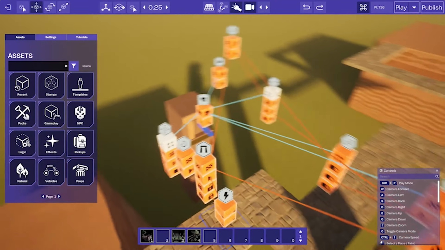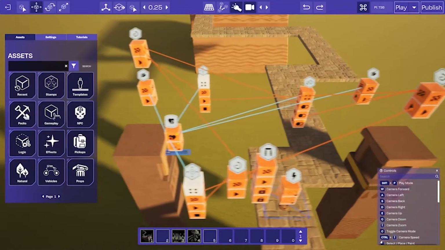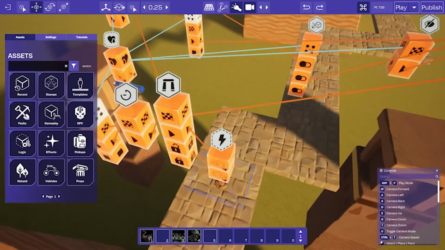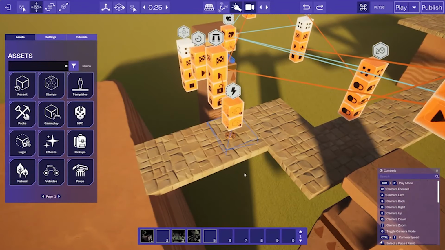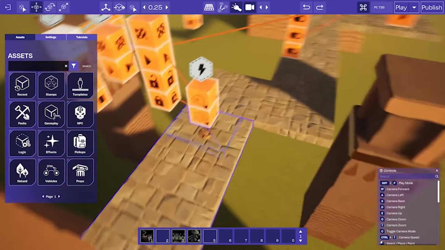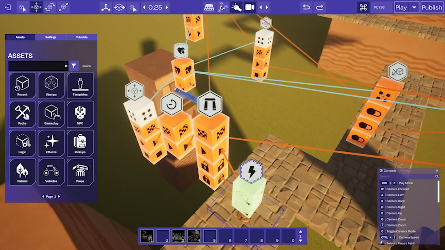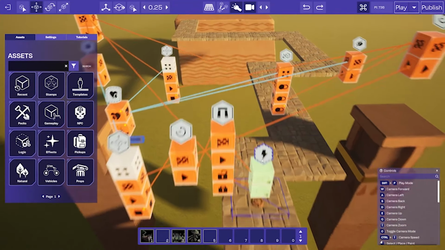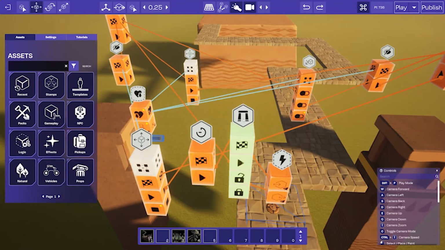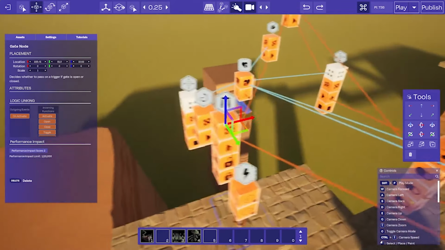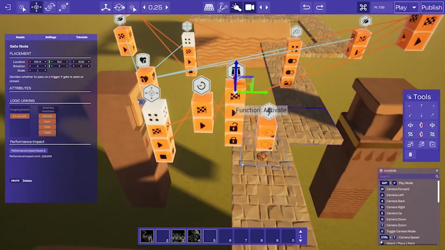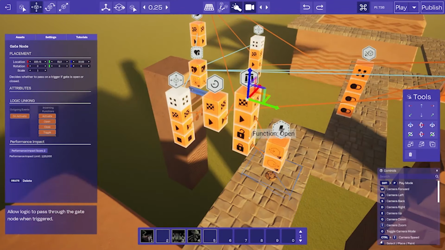So this obstacle is an arrow that shoots out of a wall when you step in an area. For now, I've got a trigger volume, just an item on the floor, it doesn't really matter what it is. You could do a pressure plate, you could do anything you want. This is triggering a gate, which I'll explain more when we get into it, but basically you can allow it to stop function